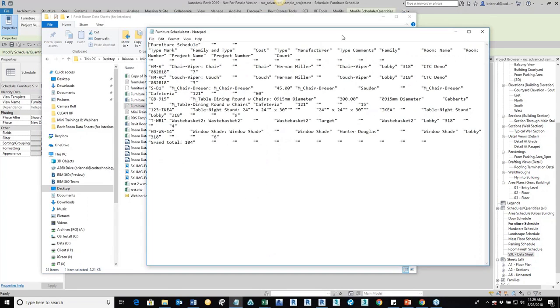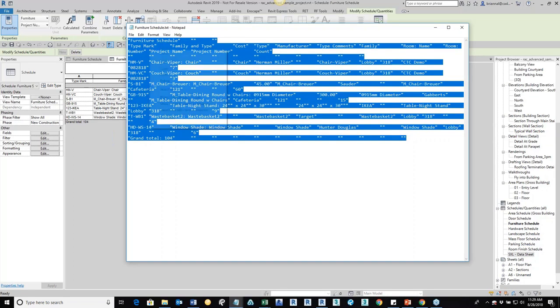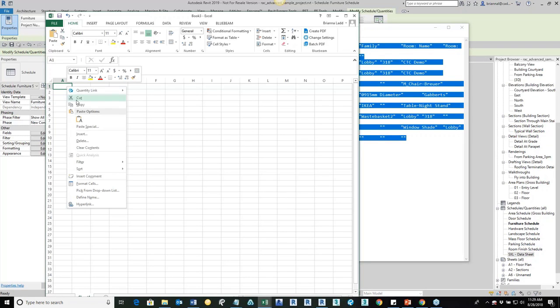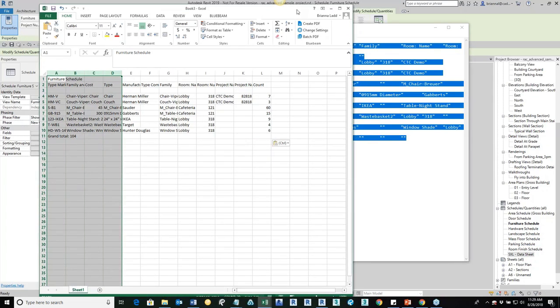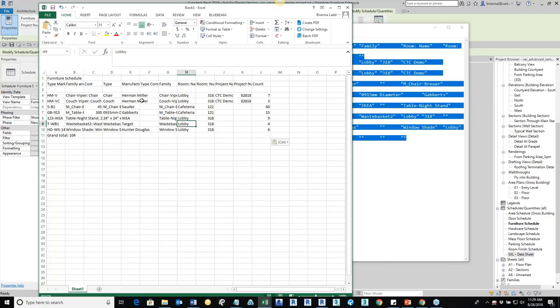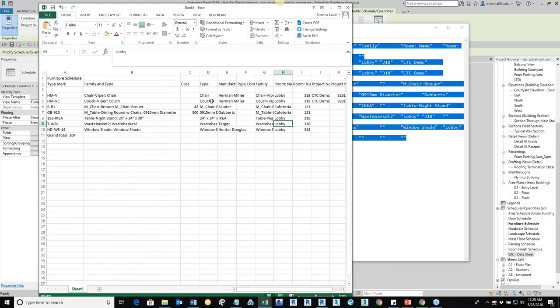We'll open this up and take a look at this TXT formatting. So this is what our schedule exports out as. Dealing with the TXT isn't the most fun, and trying to make sense out of this doesn't really make much sense. So what we can do is open up a blank Excel document, and we can paste this in here, and it does format out pretty nicely. And again, you can do this from this format, but I just wanted to share with you guys today how utilizing a CTC tool